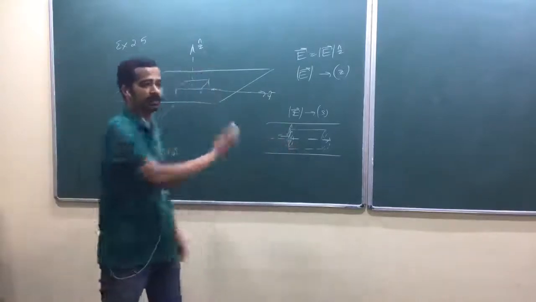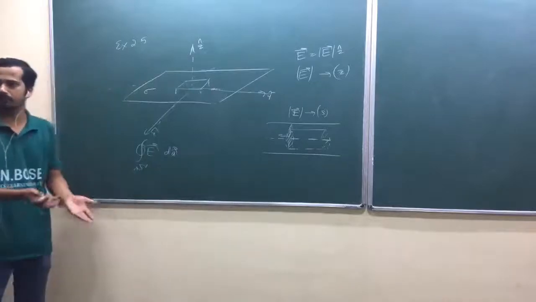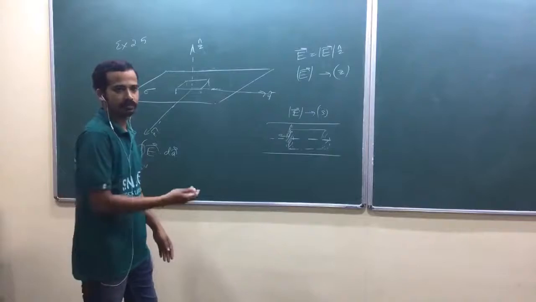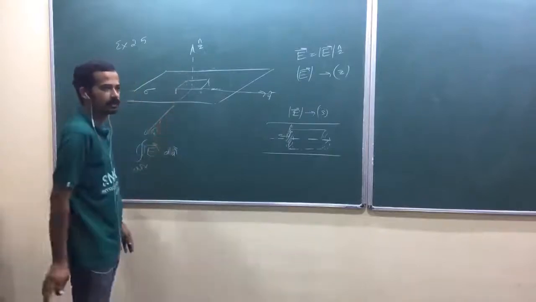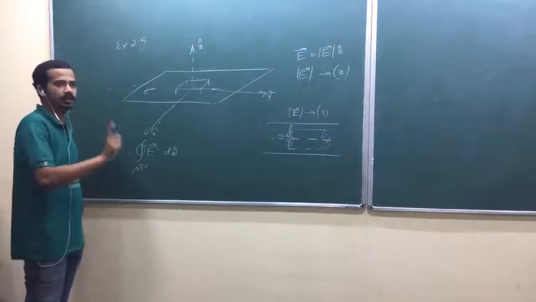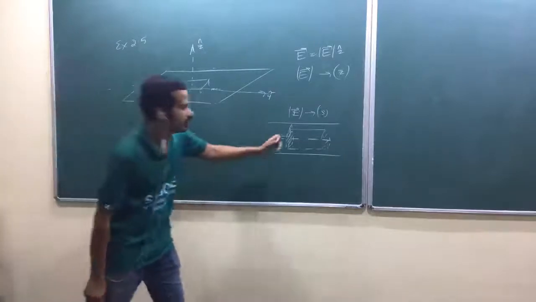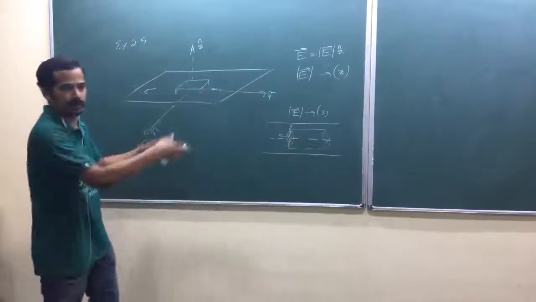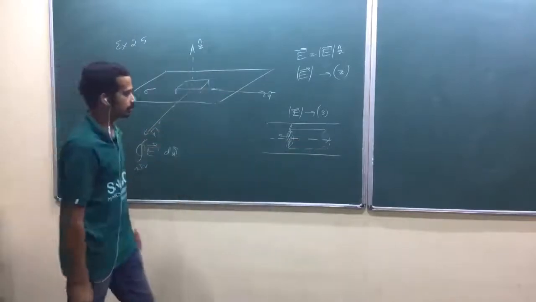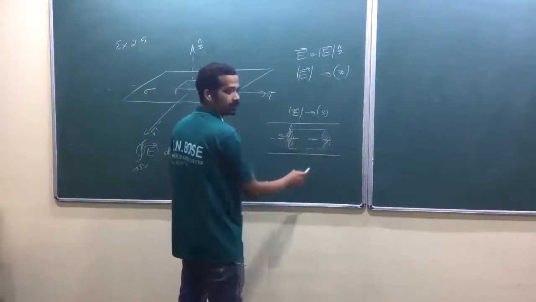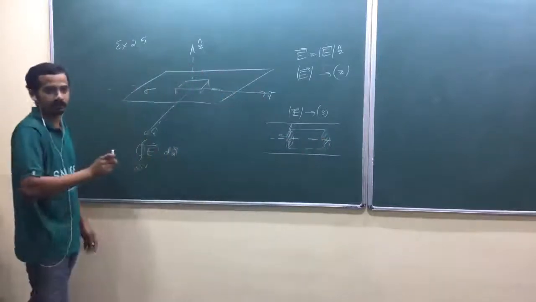So again, for spherical symmetry it was very different. Once you take a sphere, throughout the sphere conditions are the same, isn't it? Throughout the spherical surface, electric field magnitude is the same, and it is along the same direction as your area vector. But in case of cylindrical symmetry, there are these two extra surfaces. In those surfaces, look at here, electric field changes. Okay, again, don't take that as 100%.